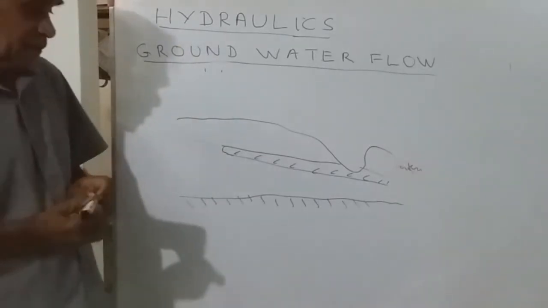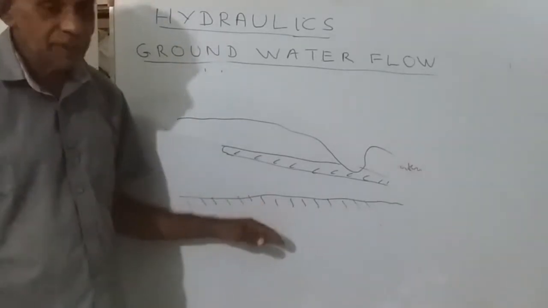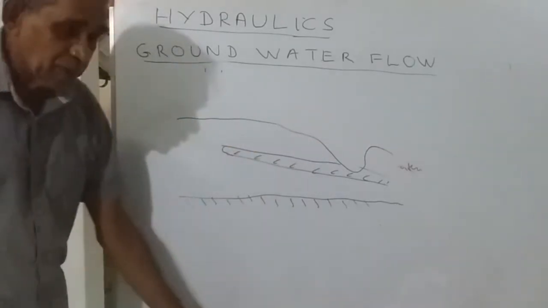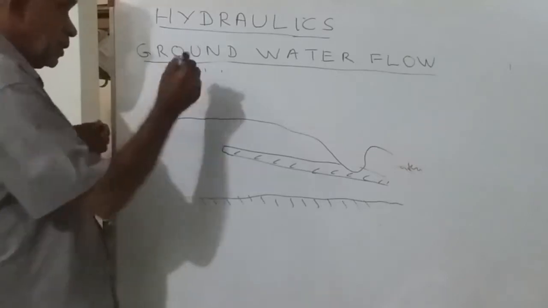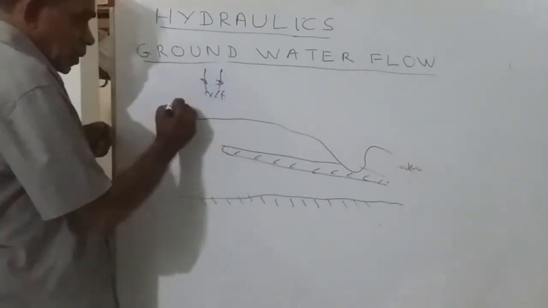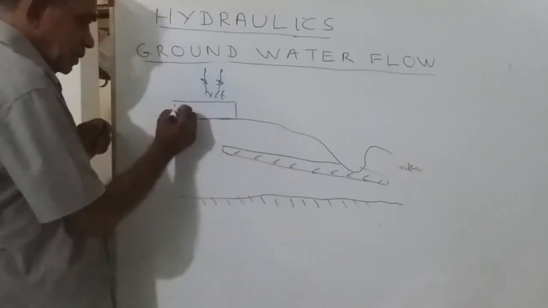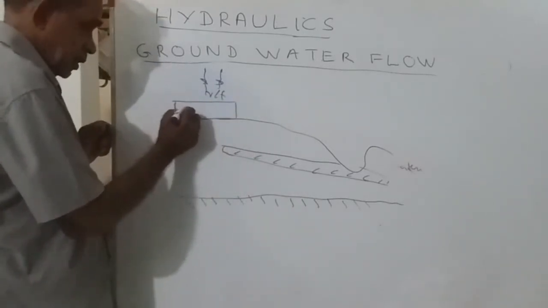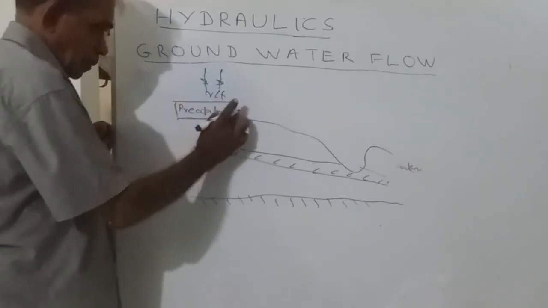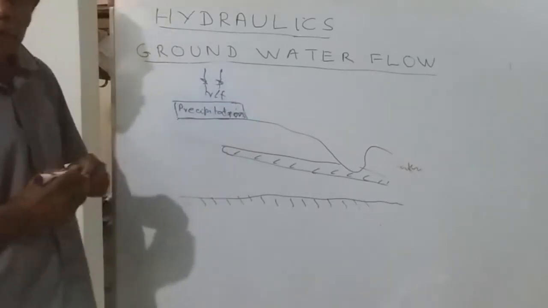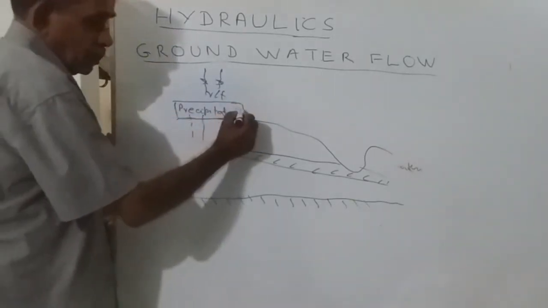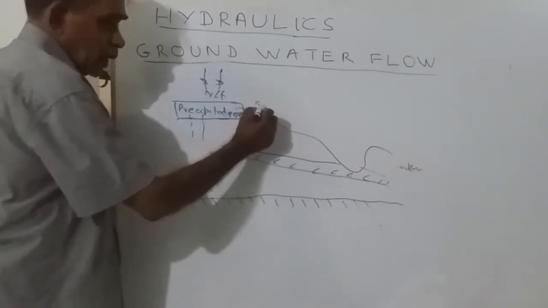There can be a situation like this. This is the bottom rock layer. This is the surface, the ground surface. We get rainfall coming from the sky, falling on the ground as surface rainfall collection, or precipitation, we call it. Some of the precipitated water trickles down like this, and the other part goes as surface runoff,